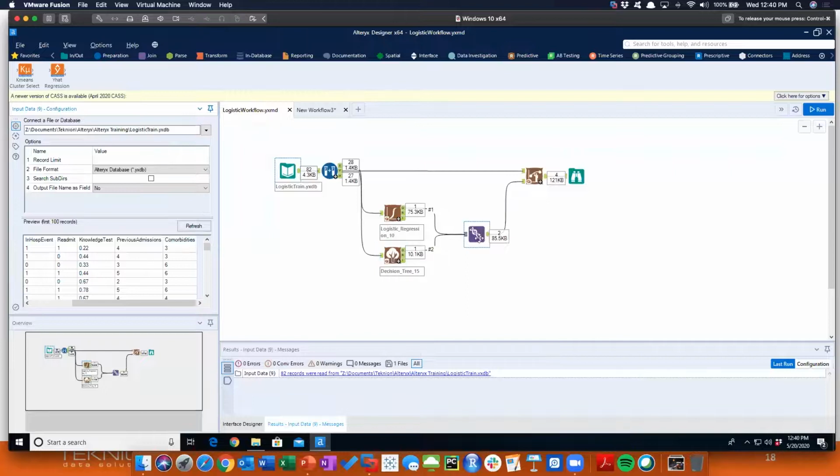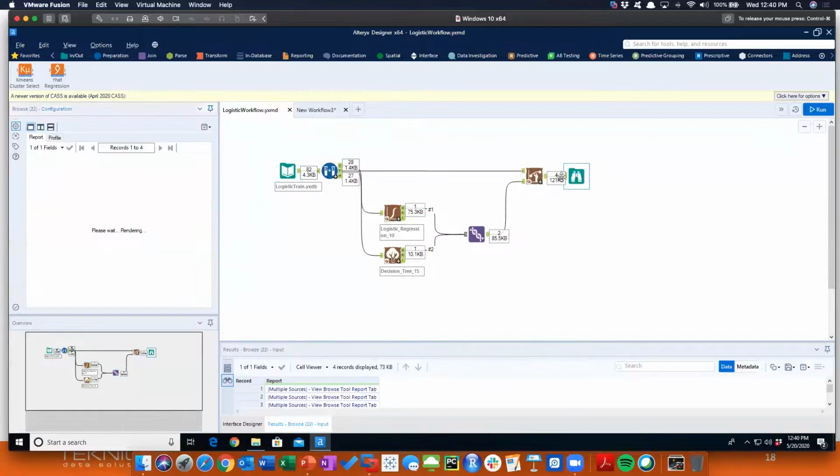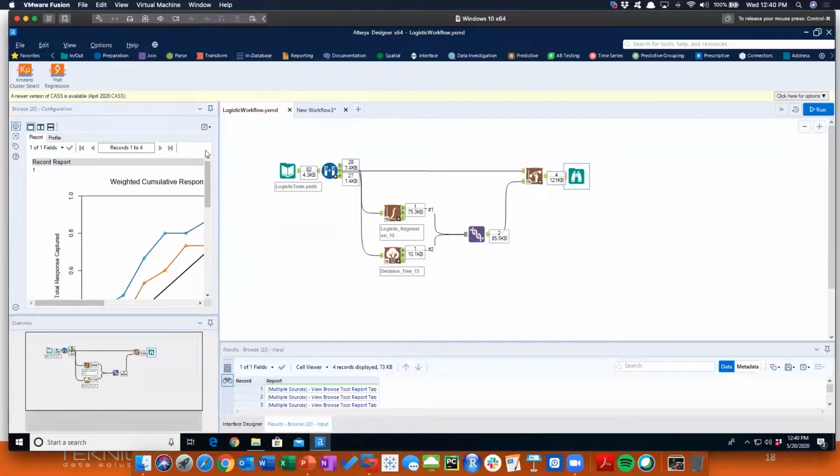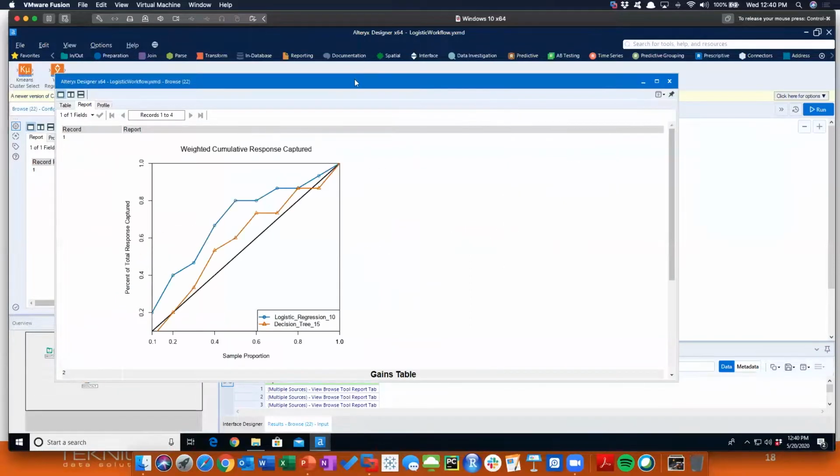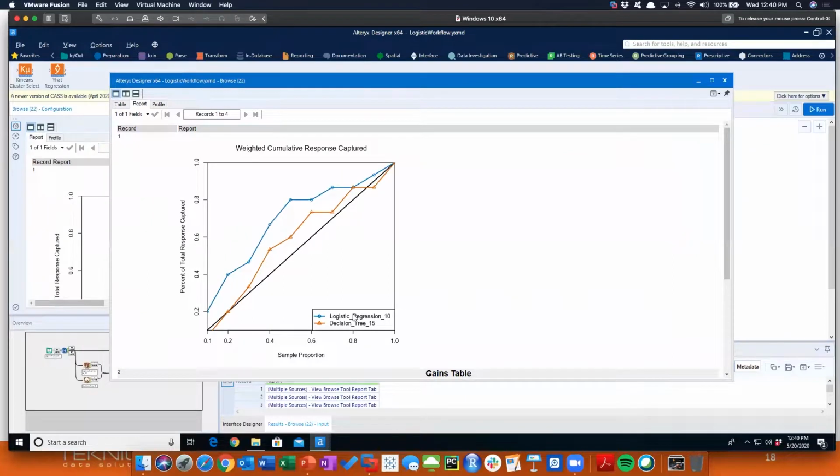Okay. So we could run this in a logistic regression model, and then we can also run this in a decision tree. And in Alteryx, what we would do is just union those and then run a lift chart. The idea is that this lift chart could give us information about which model is doing the best, because for this dichotomous outcome, we ran it both ways. Now, if you'll remember, the logistic regression is going to be this blue line. We're going to get more of what we call area under the curve. So what we're looking for is that the better model is one that's higher and makes more of a steeper curve